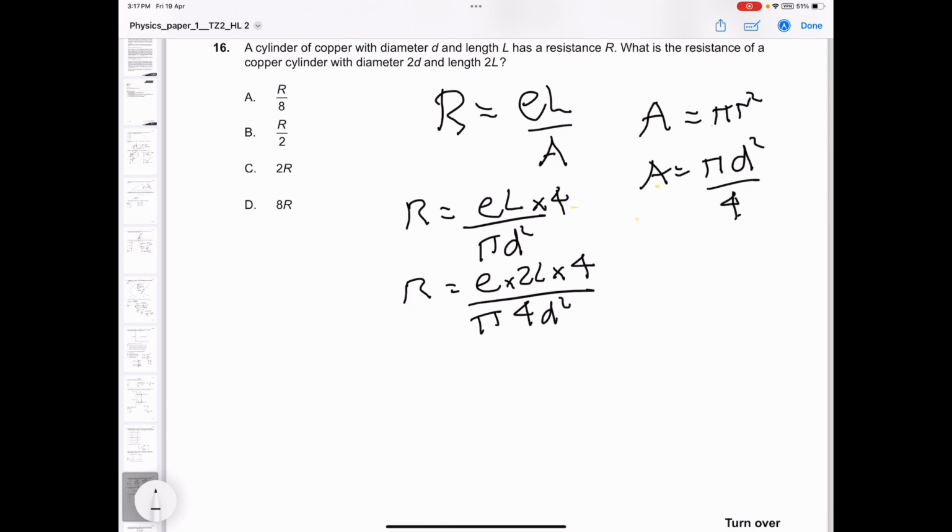So the 2 4's cancel, and we can get rid of the rho and the pi and the rho and the pi here because they're all constants. So then we can say that, say this is R1, this is R2, so R1 all over R2 is equal to 4 divided by, get rid of the L's as well there,